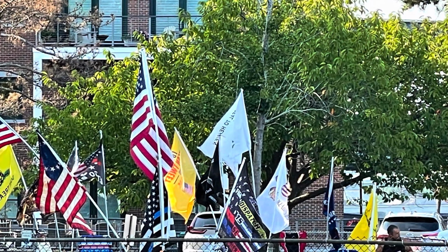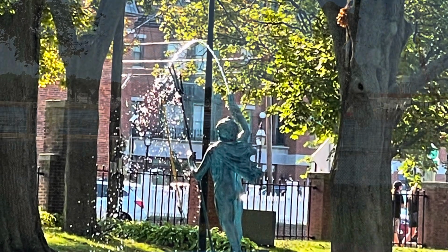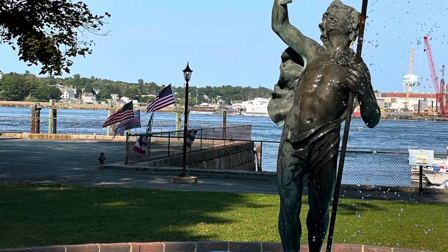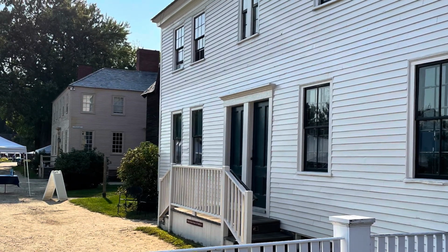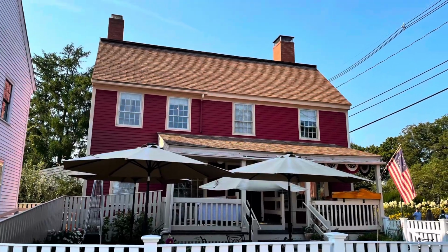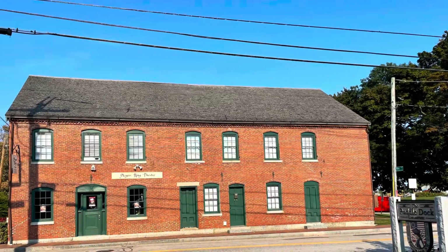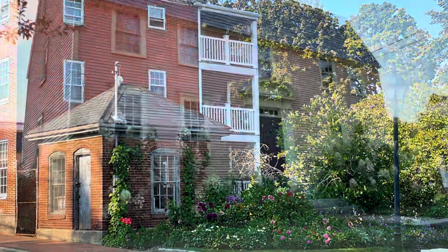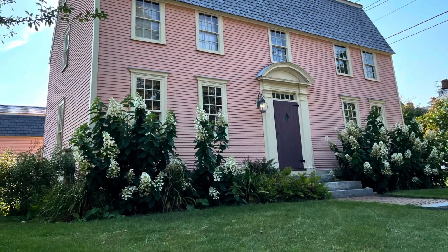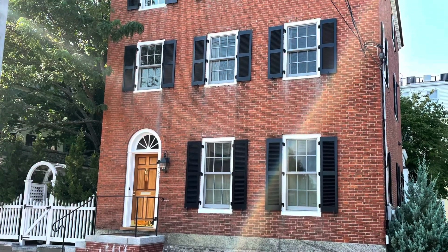So this is the edge of the park, and then there's this fountain, and then across the way, Strawberry Bank. We did not tour inside again today. We've been there a number of times, but just in walking around, we thought you'd appreciate these buildings, most of which were built in the 16 and 1700s. There's all kinds of beautiful styles, a lot of brick, a lot of clapboard. I love the color on this one, that's salmon. So beautiful. Some are still private residences on the outskirts of this street, but many are in the museum, and